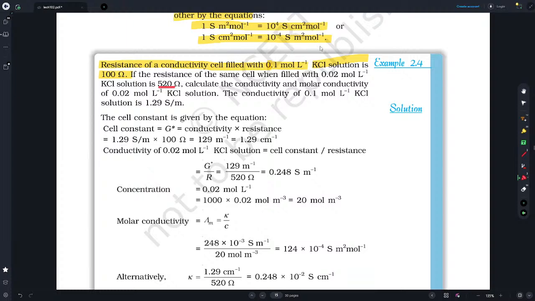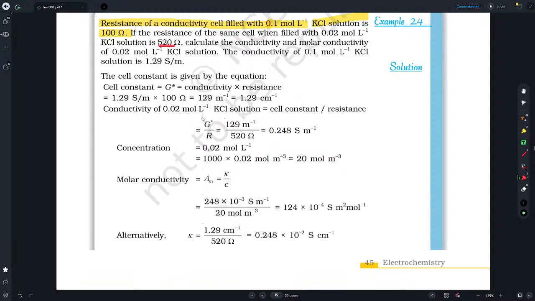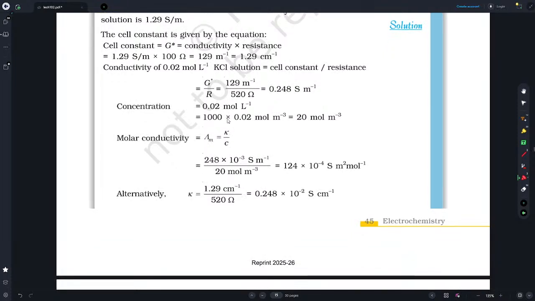calculate the conductivity and molar conductivity of 0.02 mole per liter KCl solution. The conductivity of 0.1 molar KCl solution is 1.29 Siemens per meter. We use the equation G star by R, which will give us the conductivity. The conductivity is found to be 0.248 Siemens per meter, and concentration is equal to 20 mole per meter cube,